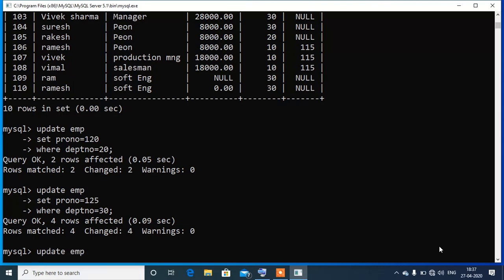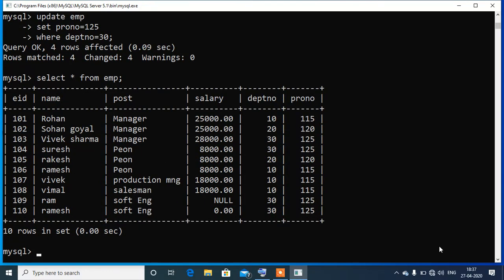Now you can see here, now all the values are there in the pro number column. Now moving forward, if we want to delete a pre-existing column from the relation, then what can we do?